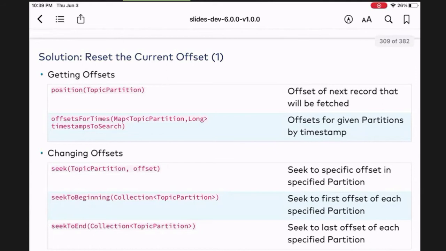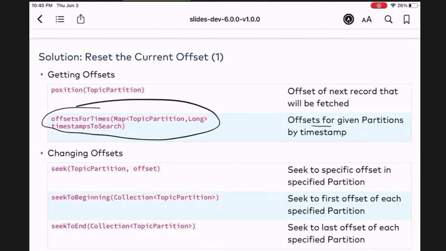Well, guess what? In Kafka, the API gives you different methods to allow you to move. Remember the log where all the events are coming, there are offsets, and the events are stored at those given offsets, just like a whole huge data file. But the whole point is you can move around. So we have different methods. If I want to get the position of some record, I can give the topic partition. And this one I like a lot, the offsets for times.